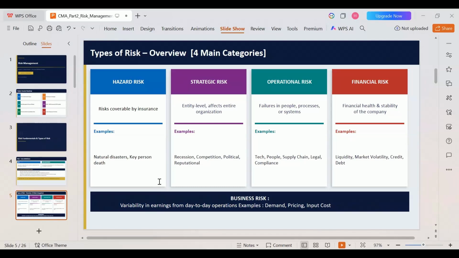I've got two answers, strategic and political. Let me explain this to you. Political risk is not a type of risk. It is a subtype of strategic risk. When they give you two options, first go for political itself. But in the MCQs, when they give you both strategic risk and political risk as options, you should choose strategic risk because that is the type of risk, and political risk is a subtype of strategic risk. These are simple ways where many of them lose marks. So be cautious about what the question is asking.